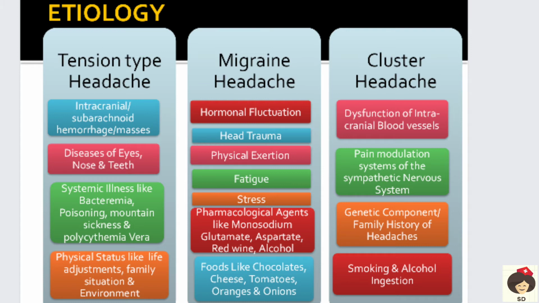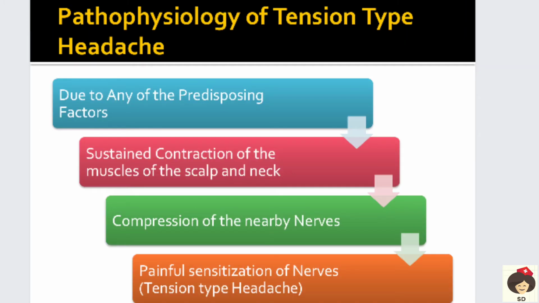And smoking and alcohol ingestion. So these are all chemicals which can irritate the nerves, and thereby they can cause the headache. And next, coming to the pathophysiology of tension type headache. So any of the predisposing factors, like all the causes which we have read, like any tumors, any bleeding, any of these factors can cause sustained contractions of the muscles of the scalp and the neck. Okay, so these muscles will get contracted, like a tightening or band-like contraction of